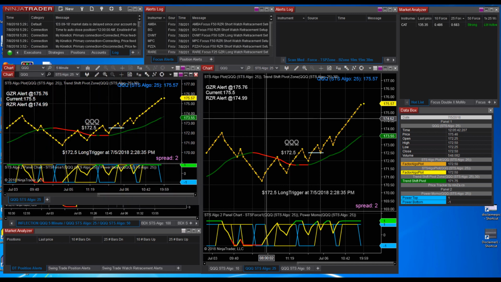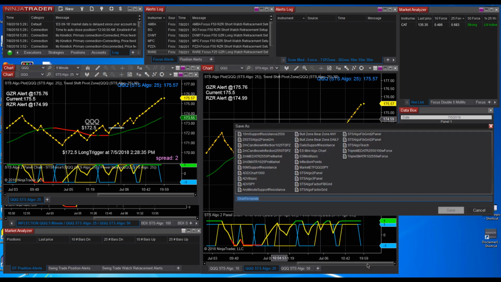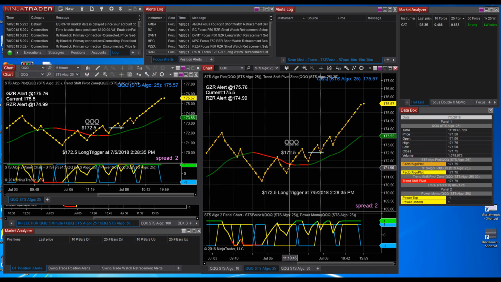You can right click this chart and say save as and name your template, which in our case we already had one named. That's what I named it, the market ETF triple Q SPY, just as a good example that there's something different about this. It is still a 2-panel chart. So I'm going to cancel. I don't need to save it, but you can save it and then you'll have it for all your charts,